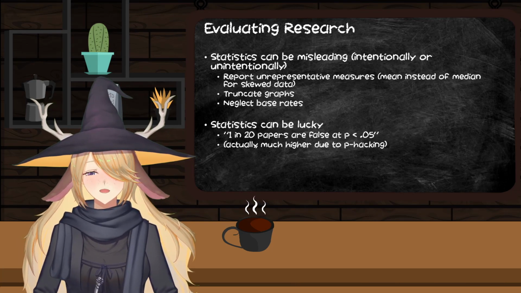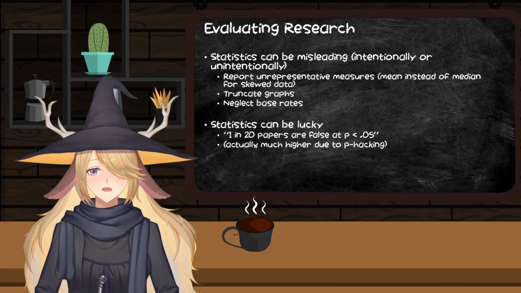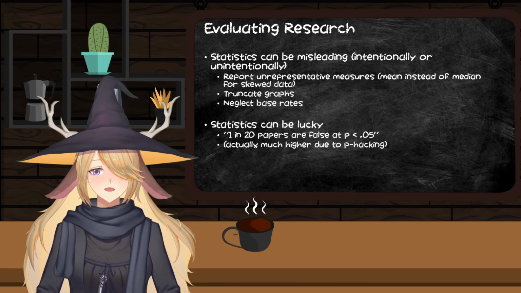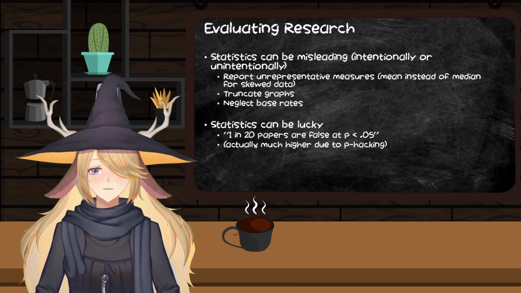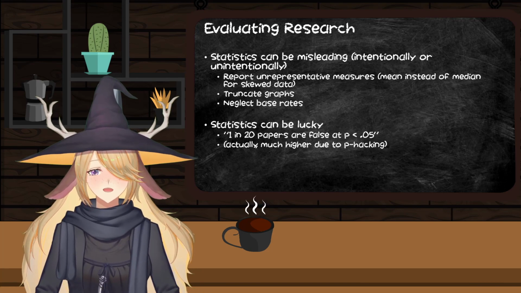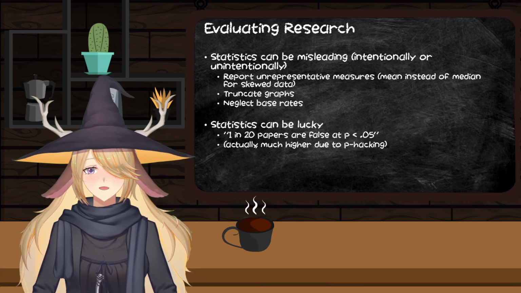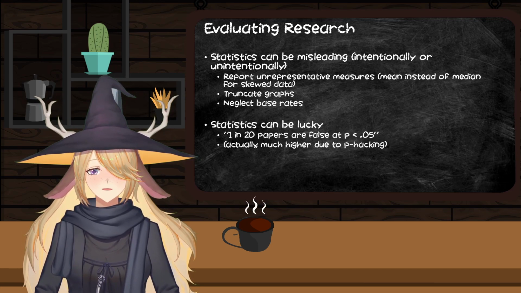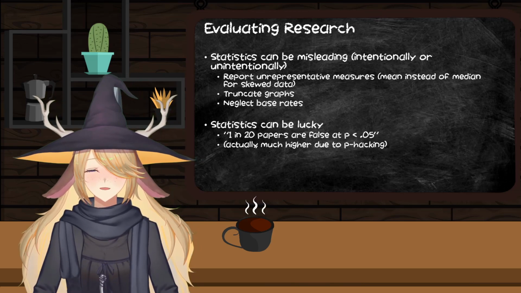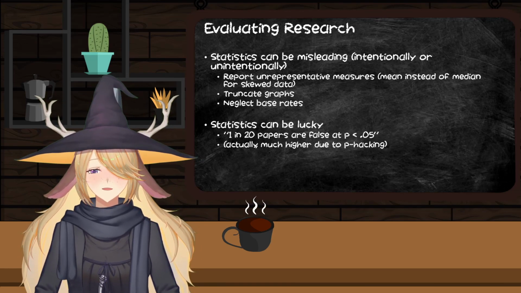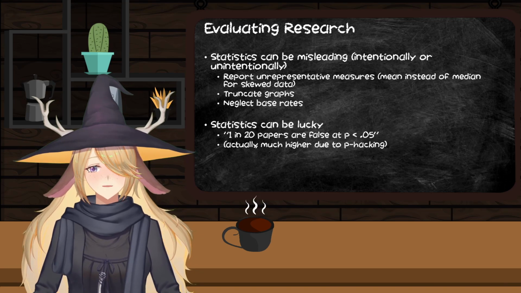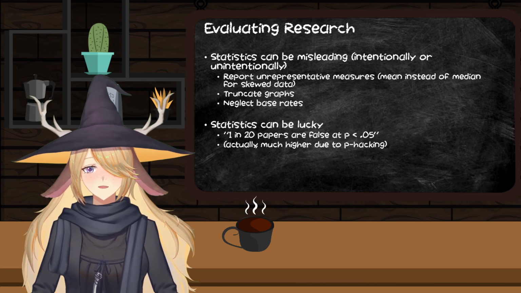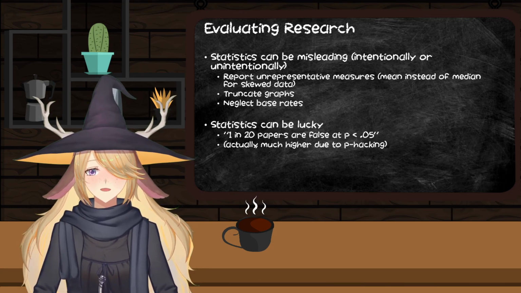And also, papers can be lucky. So remember when I said that the p-value is 0.05, which is like, we say that there is a less than 5% chance that this occurred purely by chance, right? That this is purely accidental. The relationship between these two variables is the result of just dumb luck. Well, what happens if you run that study 20 times and just publish the one that works? We call this p-hacking. In the wild, wild world of statistics and of research, this is incredibly common, actually.